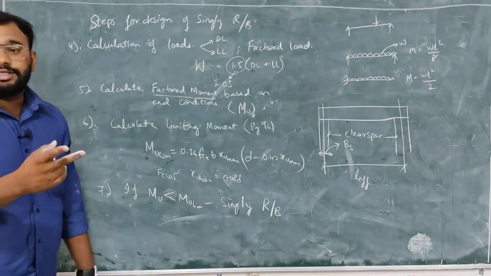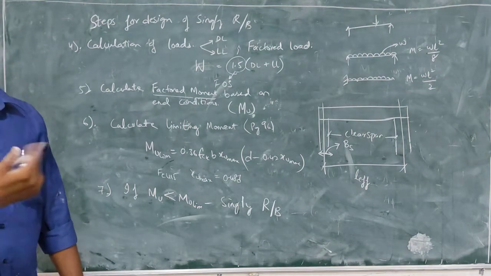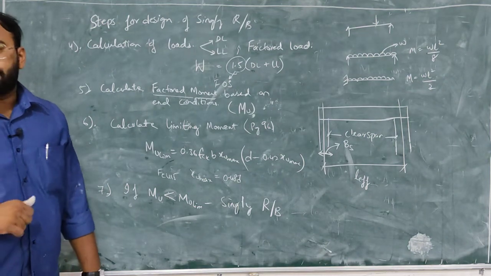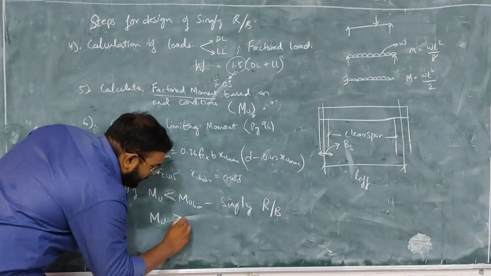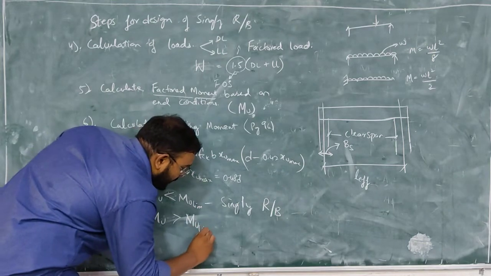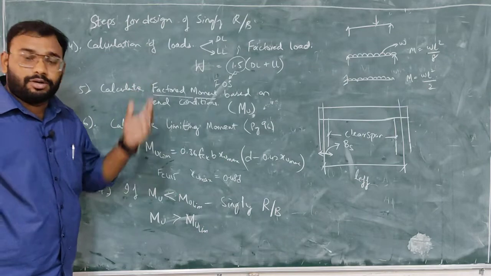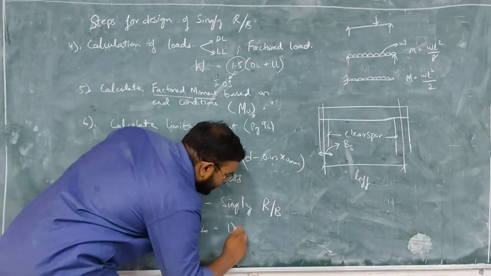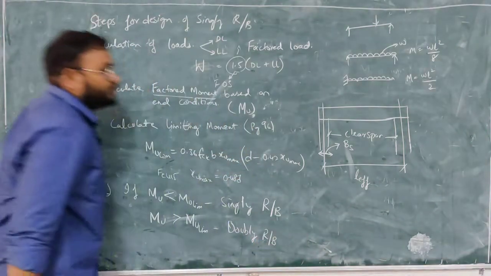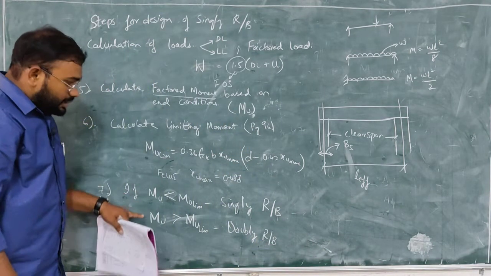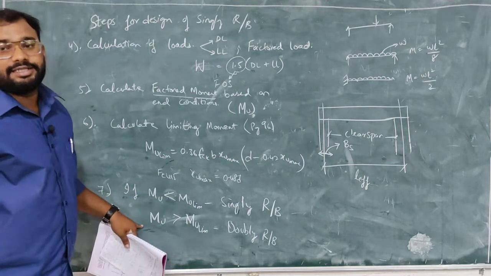Not under reinforced. Under reinforced or over reinforced is judged by the depth of neutral axis: xu less than xu max is under reinforced, xu more than xu max is over reinforced. Similarly, if Mu is more than Mu lim, what does this mean? Capacity of section is less, whereas applied moment is more. So these types of beams are called doubly reinforced beams. In this step, you justify what design is to be carried out in the next step.